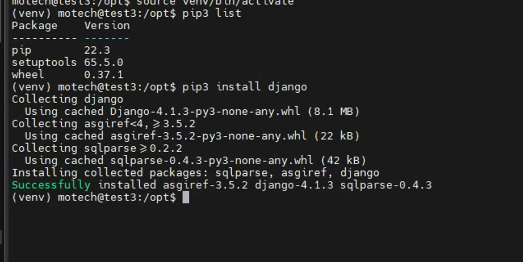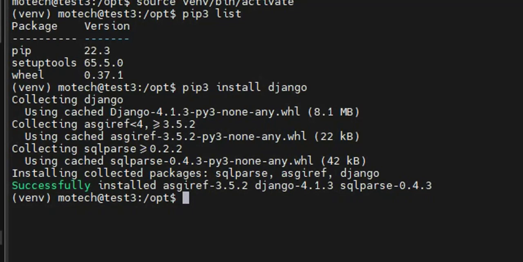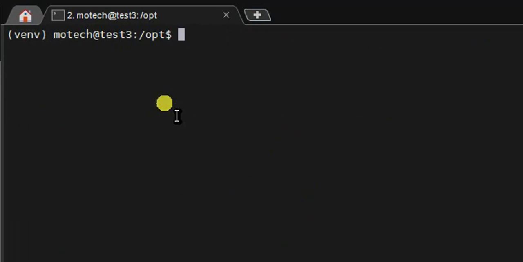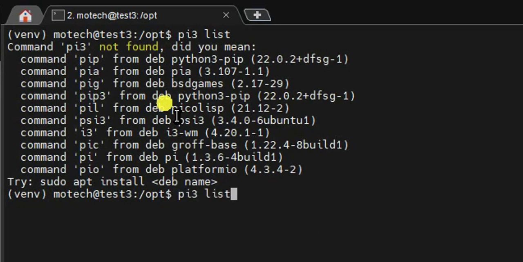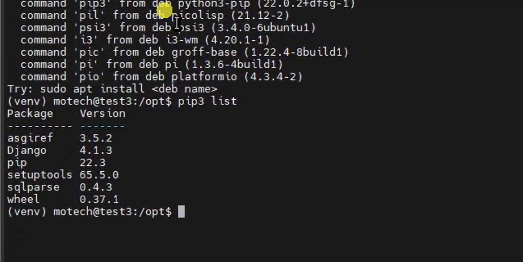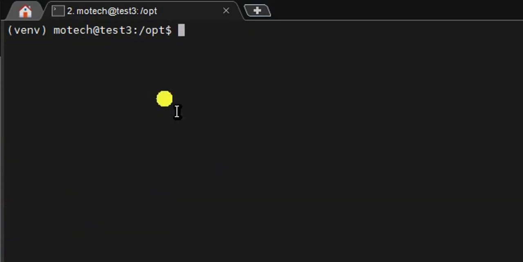You can see Django 4.1.3 is successfully installed in our virtual environment. And once we try out to see the list of packages installed in our virtual environment, you can see Django is one among them. You can see Django is successfully installed. Since Django is successfully installed, the next thing we are going to do here is we are going to create a Django project. So sudo django-admin startproject